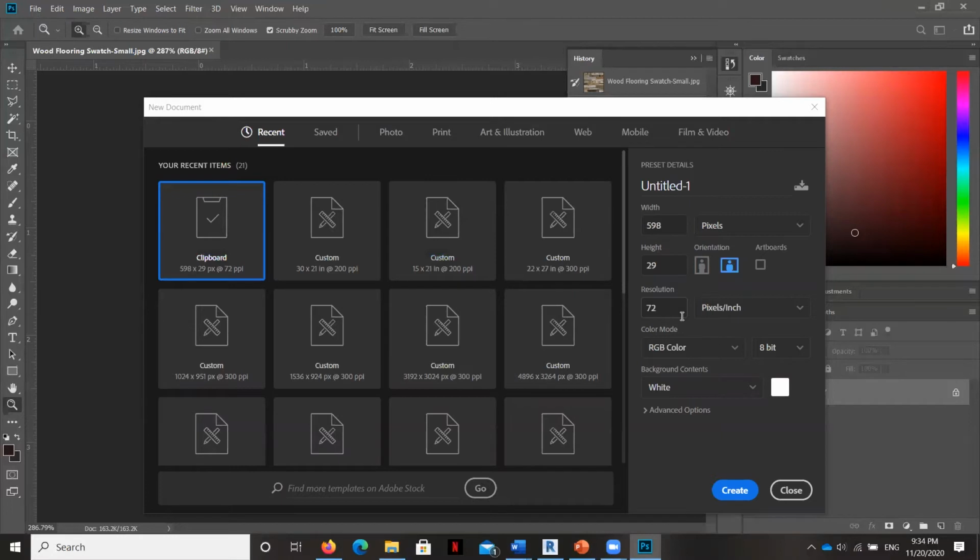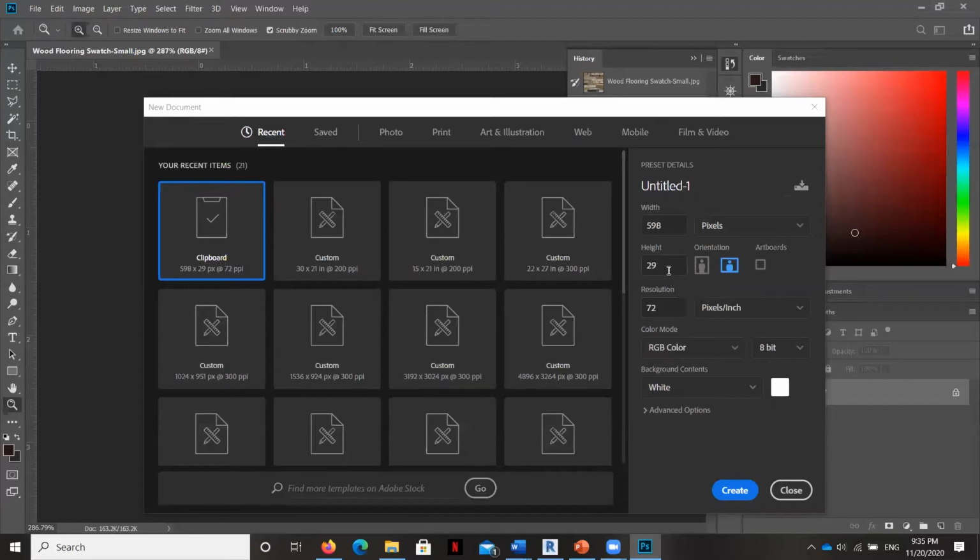So obviously in a rendering, we want really high resolution, but the higher the resolution of an image, especially if we're going to duplicate it a bunch of times in this composite, all of a sudden it's going to become a really big image that's going to slow your rendering down in Revit. So just kind of balance that for right now.